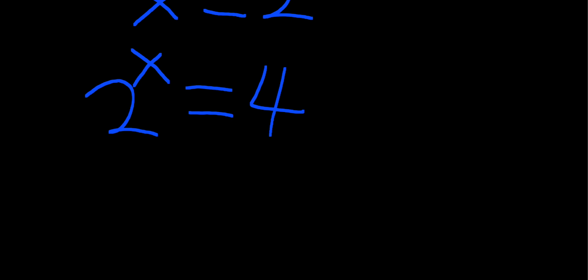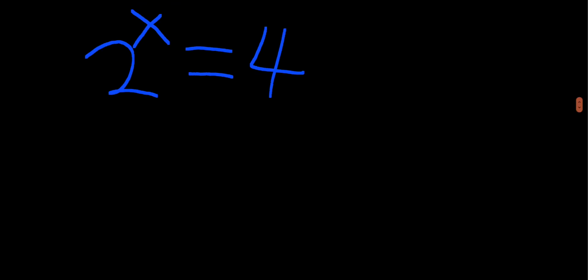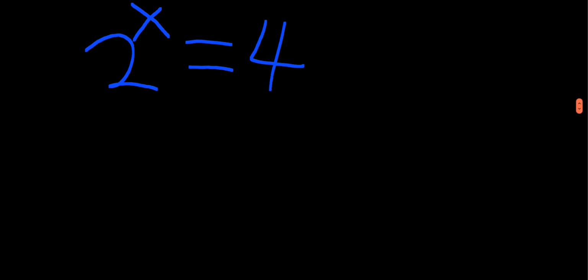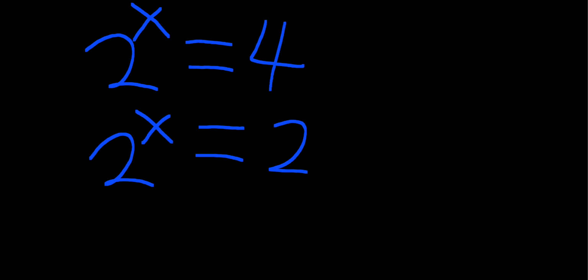Every number is a base to exponent 1. So how can we write this so that they will have the same base? But we know that 4 can be written as 2 to the second power. So let's do that. It means that my equation will now become 2 exponent x is equal to 2 exponent